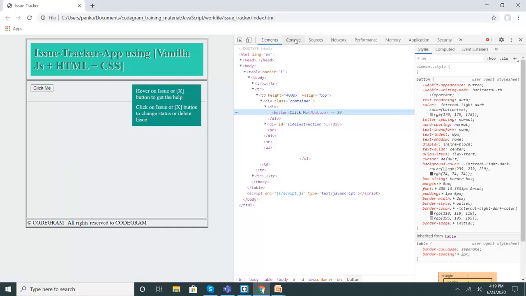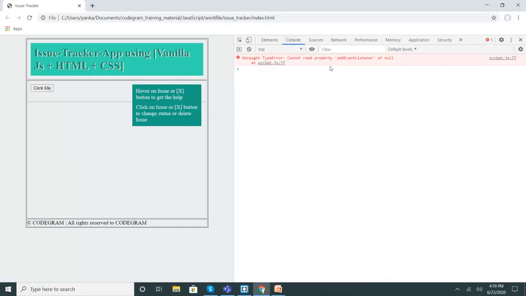To make you understand this, let me open this console window. We'll be dealing with these errors and all those things later on. Let us first discuss this thing.